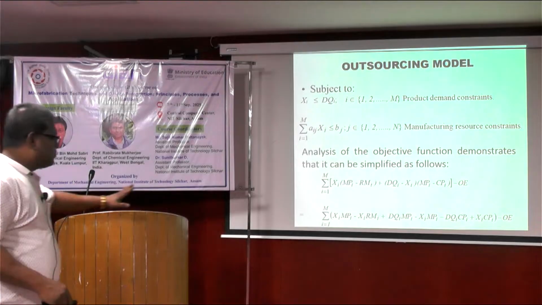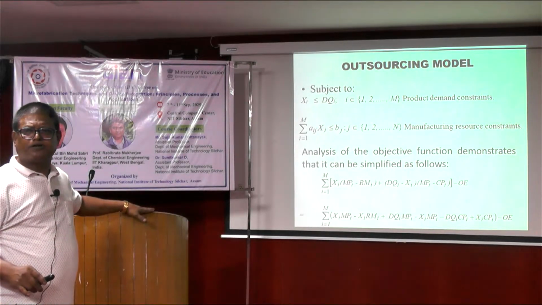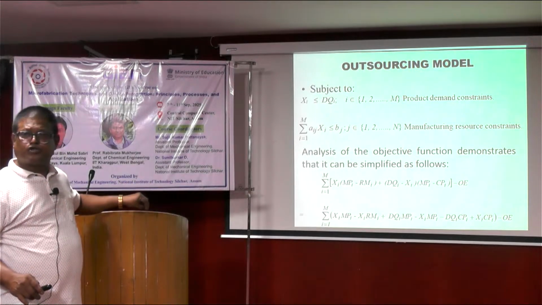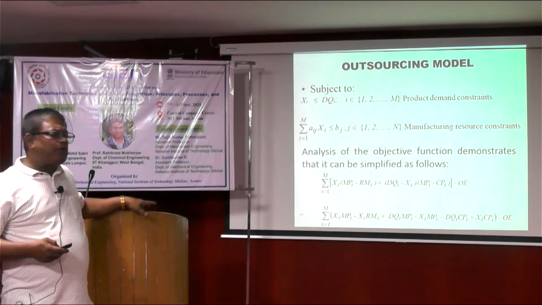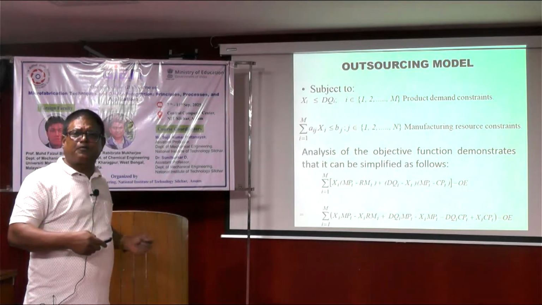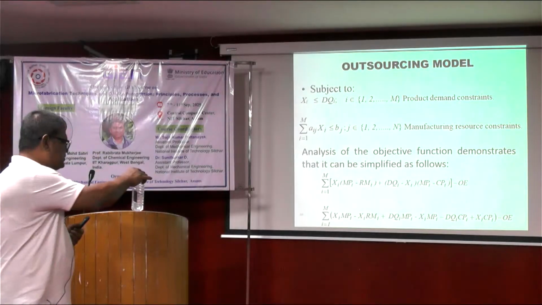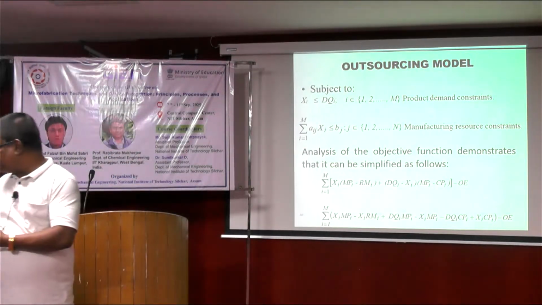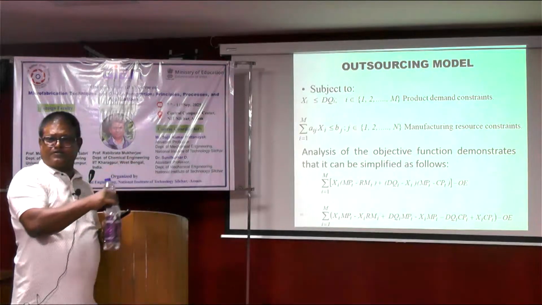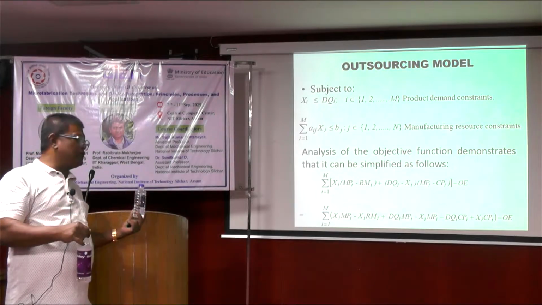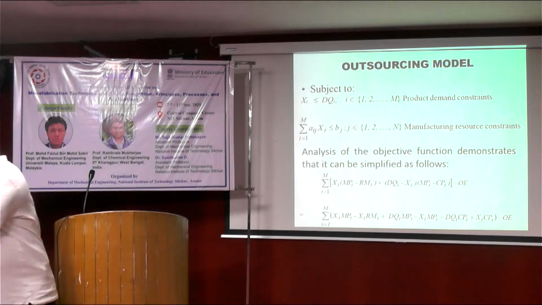But as I told, this is one machine. Let us say this is my grinding or welding machine. Now all the products have to pass through this, but it cannot take all the products at a time. After it finishes one product, then it will take another product. Suppose for producing this, it takes 10 minutes. For producing this, it takes 12 minutes. So after producing this for 10 minutes, if I put this, it will take 12 minutes. So for all this time,